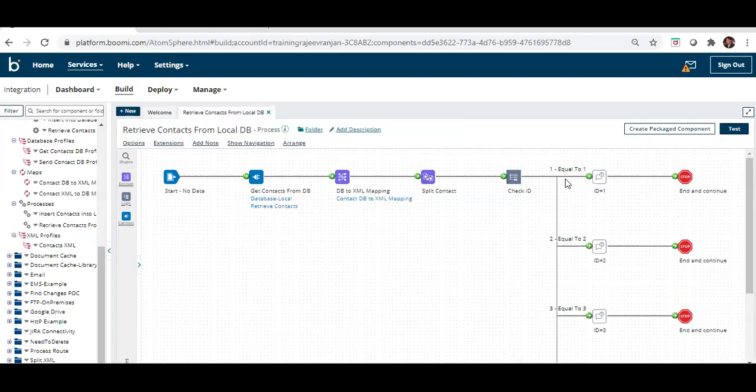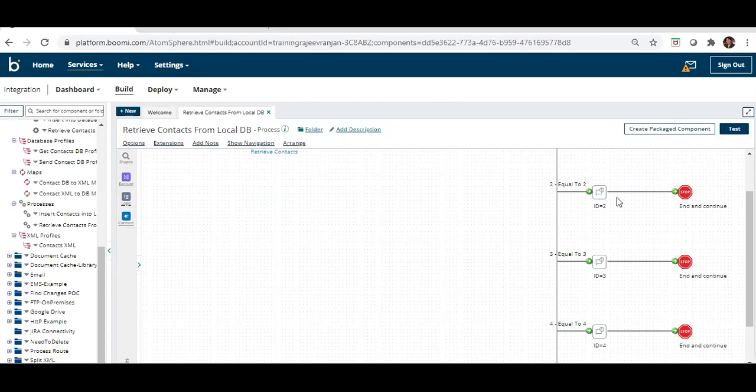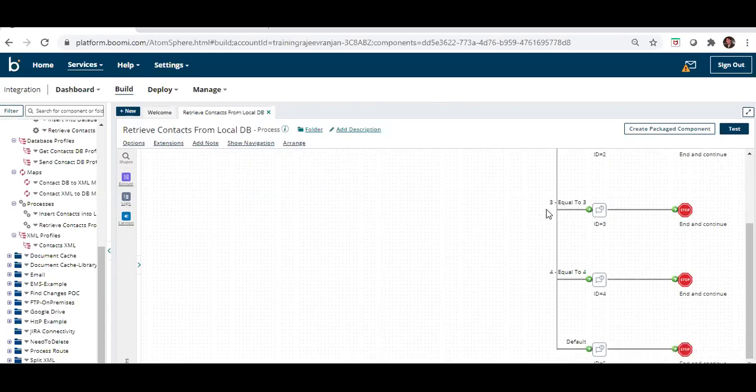Once the ID equals 1, it is going to evaluate the first path. If the ID equals 2 inside that contact, it is going to execute the second path. If the ID equals 3, it is going to execute the third, and so on. In the case of 4, it is for ID 4.